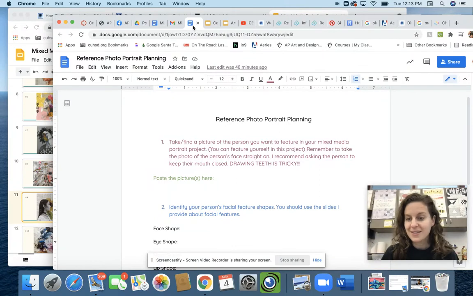If they want to grin, that's fine. But teeth, people mess up the teeth a lot when they go to draw, and it looks like they've got a mouthful of chiclet gum or something like that. So I recommend keeping the mouth shut, straight on, like those Martin Schoeller portraits we looked at. Try and collect some cardboard or a cereal box, and